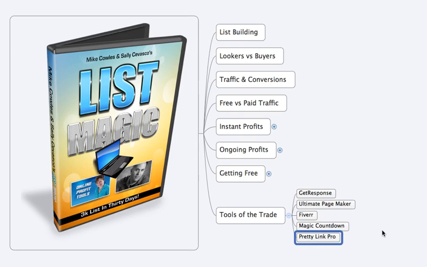And then the last tool before we wrap it up as far as the training goes is PrettyLink Pro. Now, PrettyLink Lite is a great tool, and what it'll do is it'll track your number of visitors, as well as number of unique visitors, and it'll also cloak your links, so that instead of having a long link, it could be sally.com/offer or whatever. But what PrettyLink Pro does is it will also let you split test your offers.